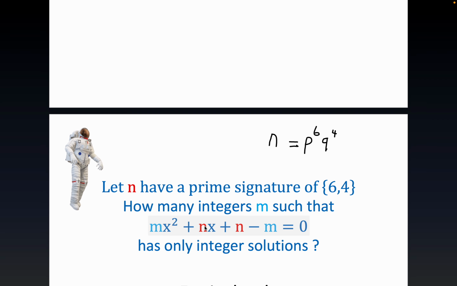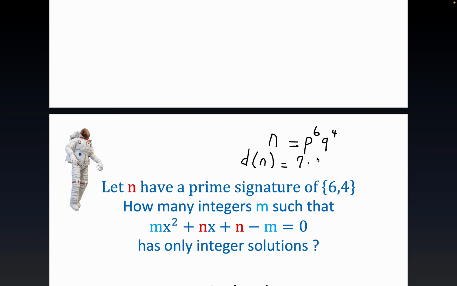All right, and we're supposed to answer the question: how many integers m would result in this quadratic having only integer solutions? Okay, it's kind of fascinating to me that you can get somewhere with this. Now, one property that's very, very important is that the number of positive divisors of n is equal to 7, which is 6 plus 1,